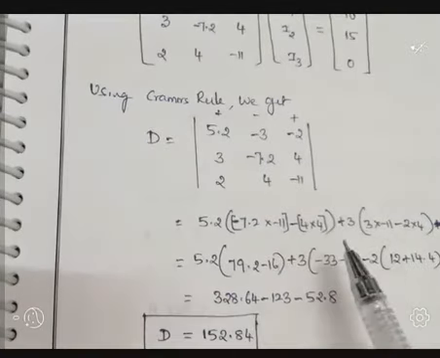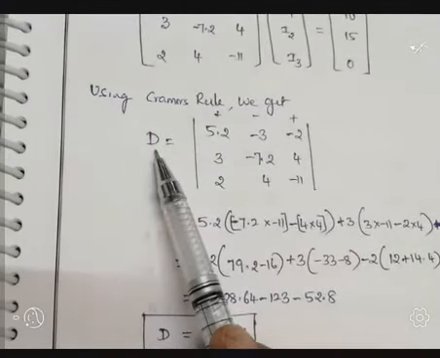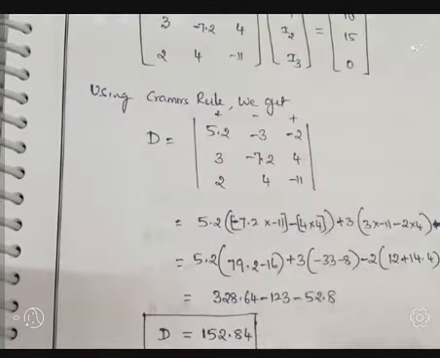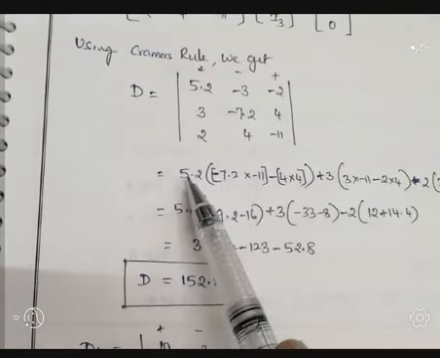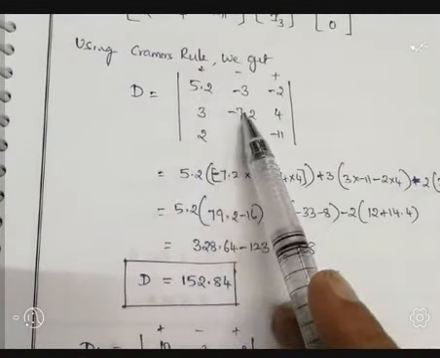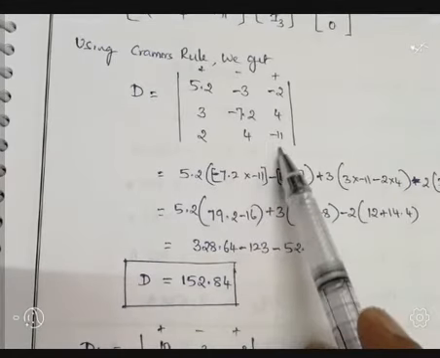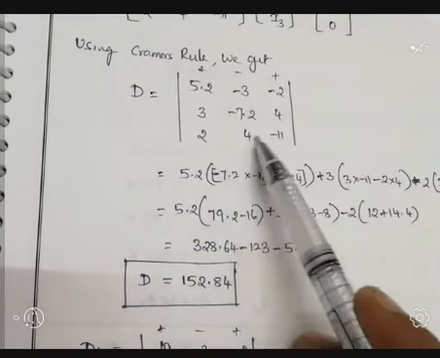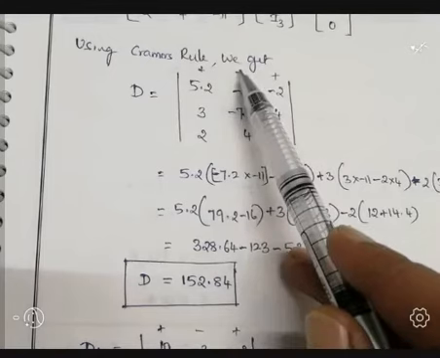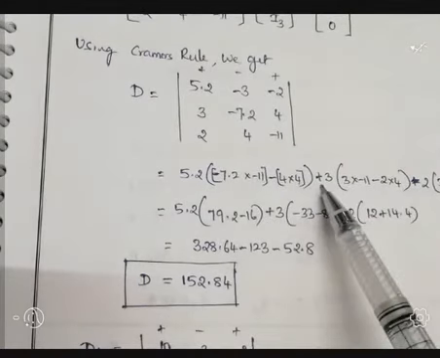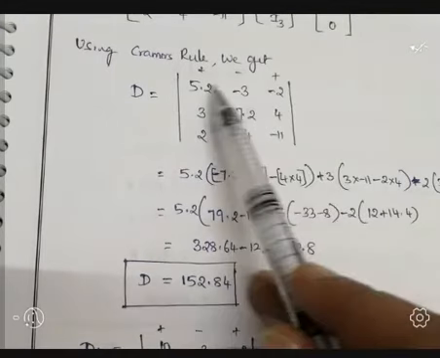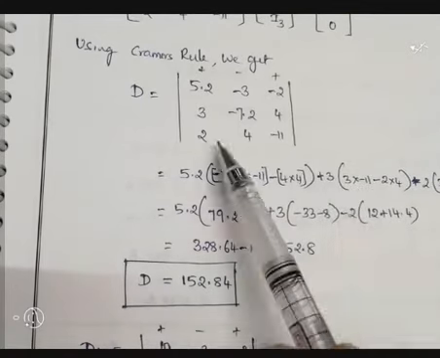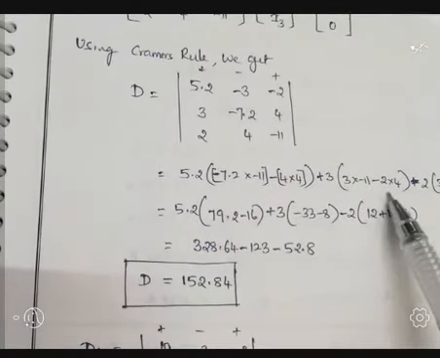So the determinant, I indicate it as D, or you can represent it as delta. D is equal to, with the signs plus minus plus, plus 5.2 times, and minus 7.2 into minus 11, minus of 4 into 4. Similarly, minus into minus becomes plus, plus 3. Leave this row and this column, and the coefficients are 3 into minus 11, minus 4 into 2, or you can write minus 2 into 4.